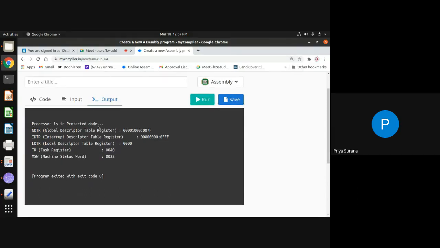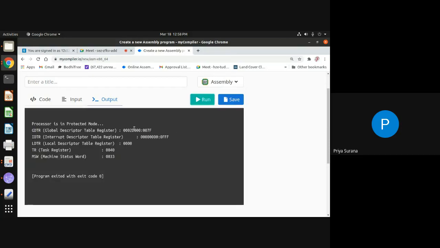Processor is in protected mode. GDTR content 48-bit. We used a colon in between because these 32 bits are for base address, these 16 bits are for limit. Same way IDTR 48-bit, LDTR 0, task register and this. These values are changing. I will execute it again.